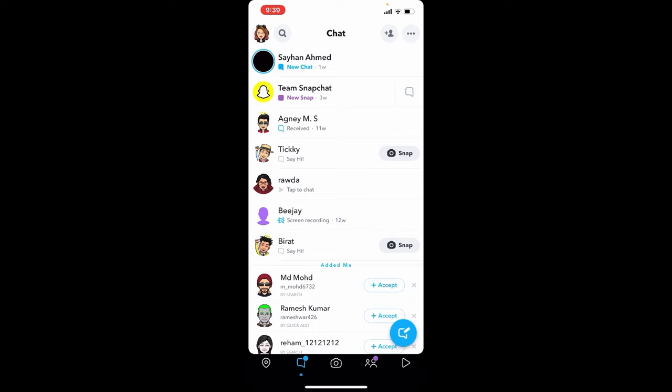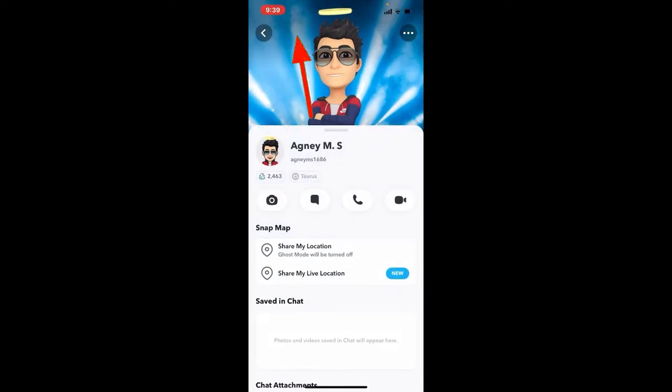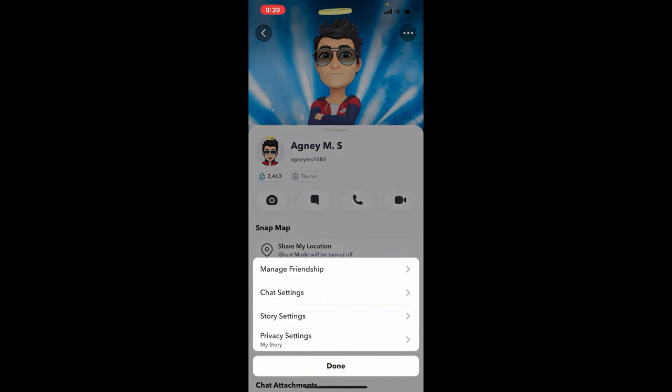You can select a contact from your chat screen. If you have anyone that you'd like to block from this page, simply tap on that contact with a chat and this will open up the conversation screen with them. Tap on their name located at the top of the screen and then tap on the three dots at the top right-hand corner from their profile. From the pop-up displayed at the bottom of the page,